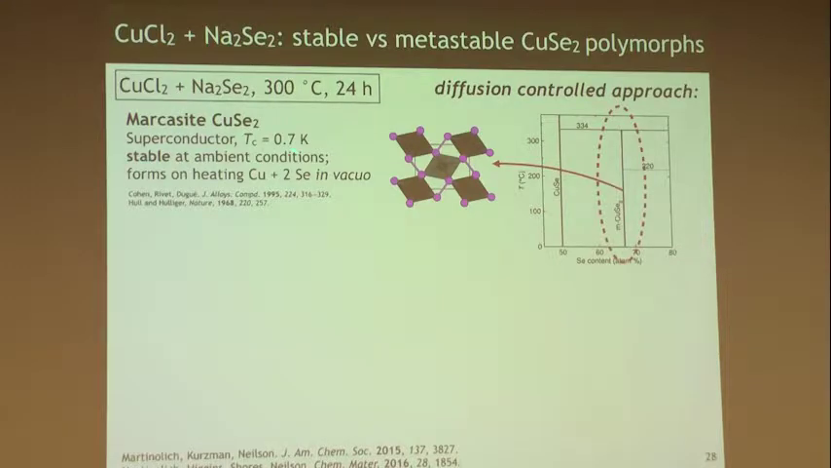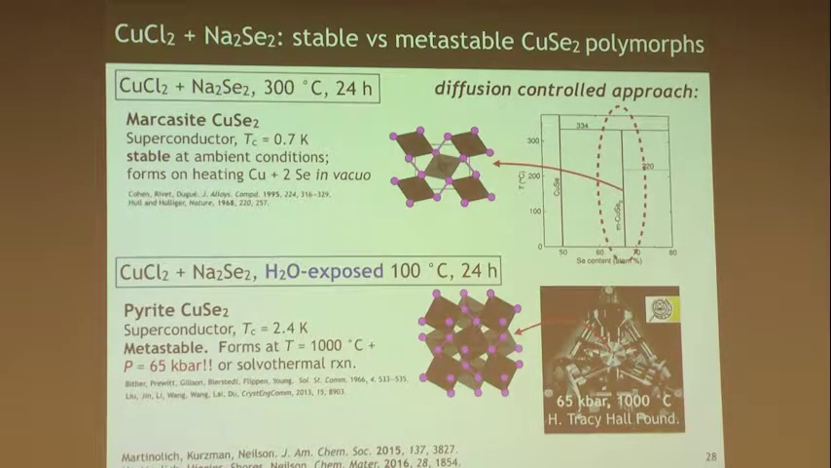It is stable under ambient conditions. You can make it very easily by heating copper and 2 parts selenium in some sort of sealed ampule. It appears on the phase diagram. And it's basically this diffusion-controlled, thermodynamic-controlled synthesis. If you add water to this metathesis reaction and heat it to 100 degrees Celsius for 24 hours, you end up